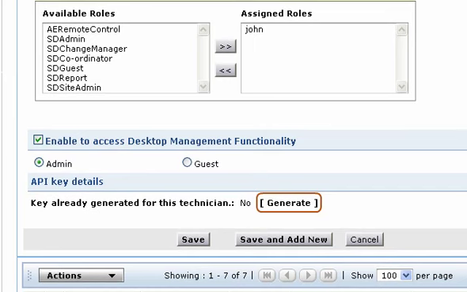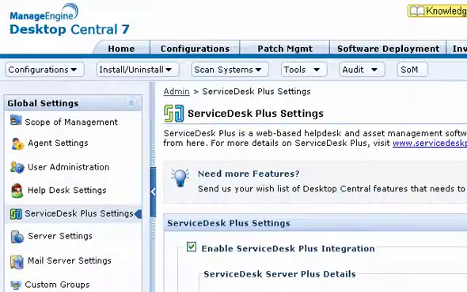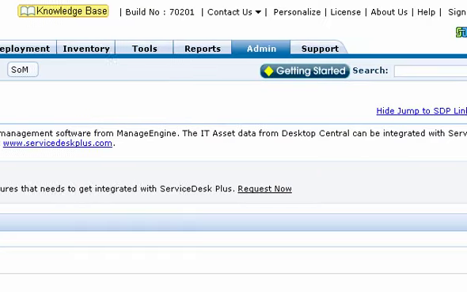You will have to generate an API key for this technician and specify this key in Desktop Central settings. Generate the key and copy it to a text editor and save the technician. It is preferable to generate the key without an expiry date or you have to update it as and when it expires. In Desktop Central,